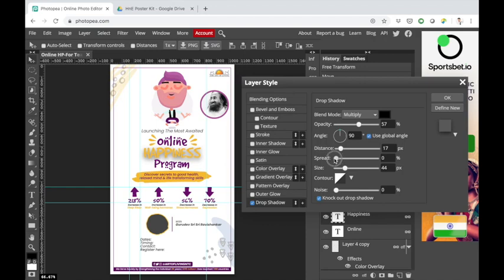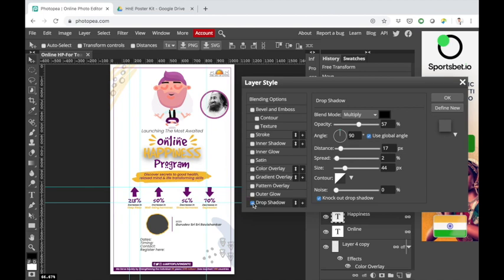Now you can see a little bit of 3D effect has come on that text layer. You don't have to use this for every single layer. This is generally used for highlighting a particular thing, or when you want to give attention to any particular object on your screen. If you give shadow to every single layer, it will look like a mess.